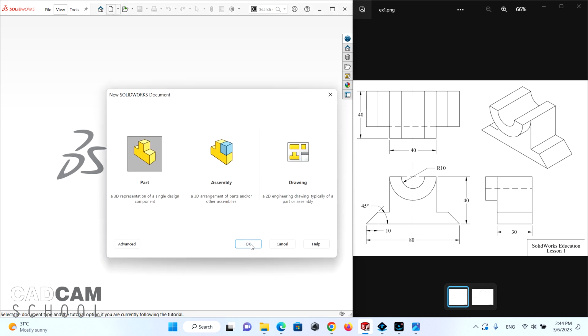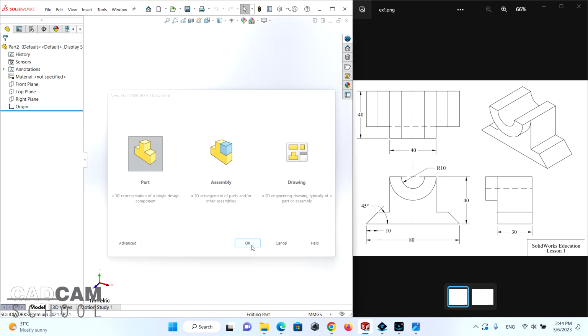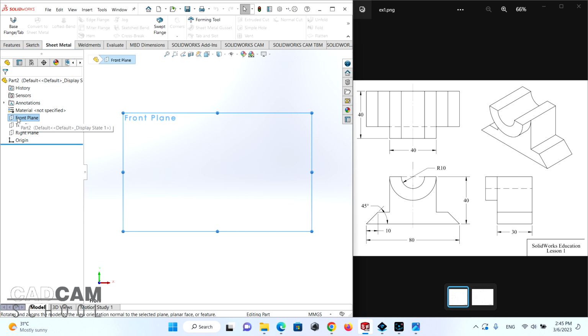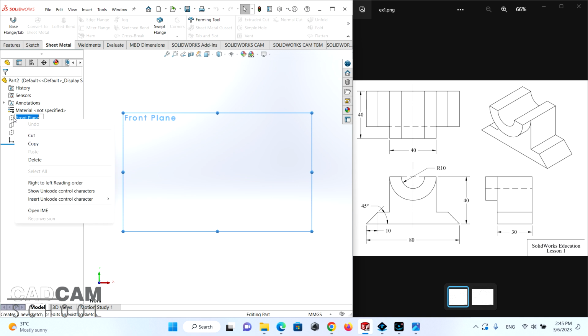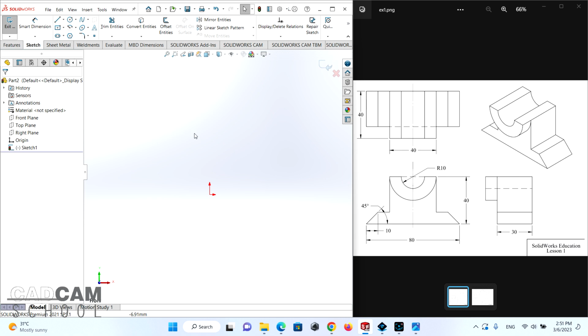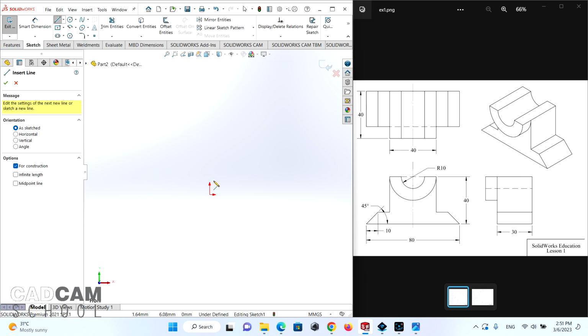Select Part here and select OK. Then we have the interface to develop our part. We have to choose a plane from here to sketch. So we are going to choose one plane for now, right-click on it and select Sketch. First we are going to start with drawing